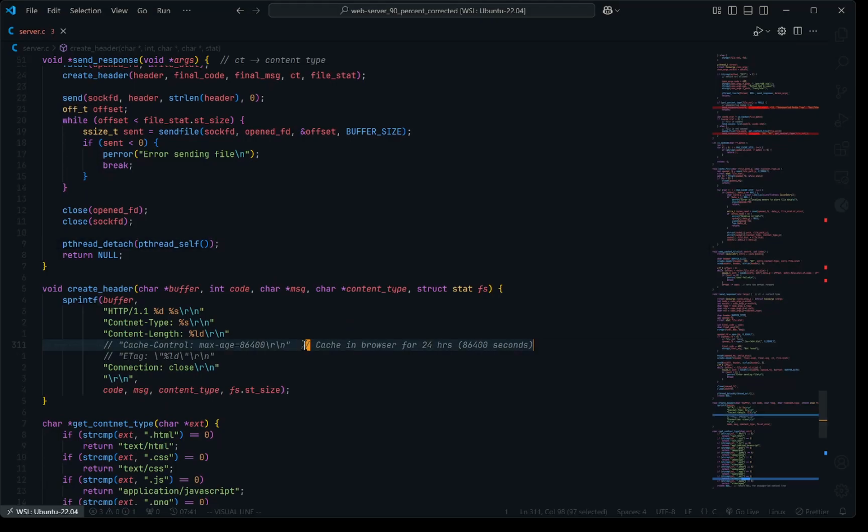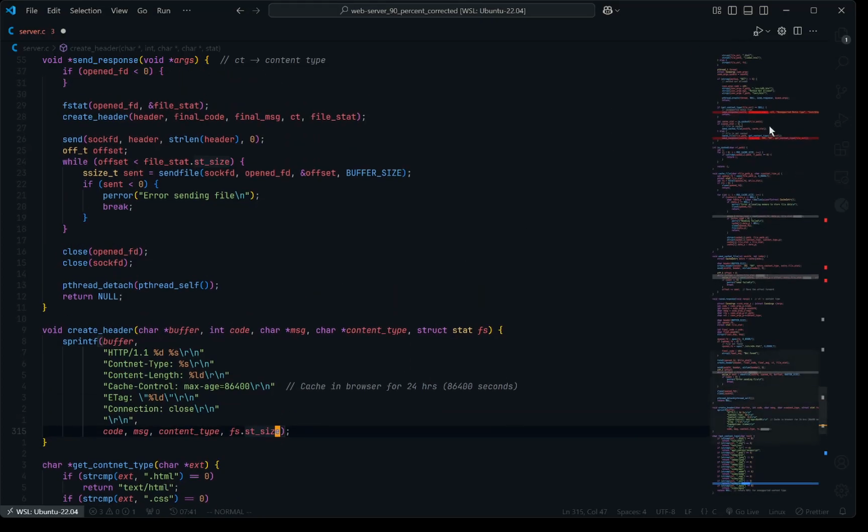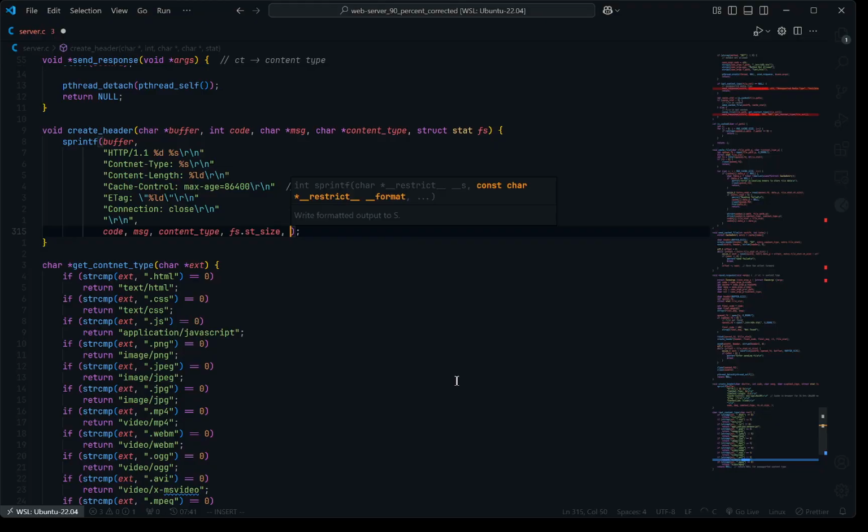Okay, and then you should uncomment this, and there's a small thing. So over here we need to pass the value for a unique identifier. So as you can see, you might get an error if you execute this right now, because if you take a look at this here, it takes 1 2 3 4 5, it has 5 placeholders, but I'm only passing 4 values. So if you execute this right now, obviously I'm going to get an error for these two lines, but you'll get an error for this as well. So what I need to do is, it's this one. So if you pass m time,